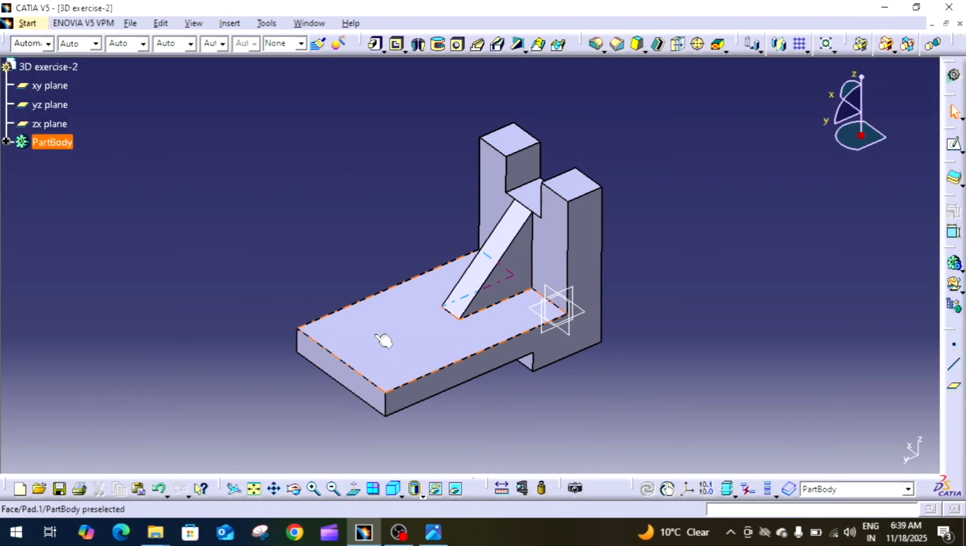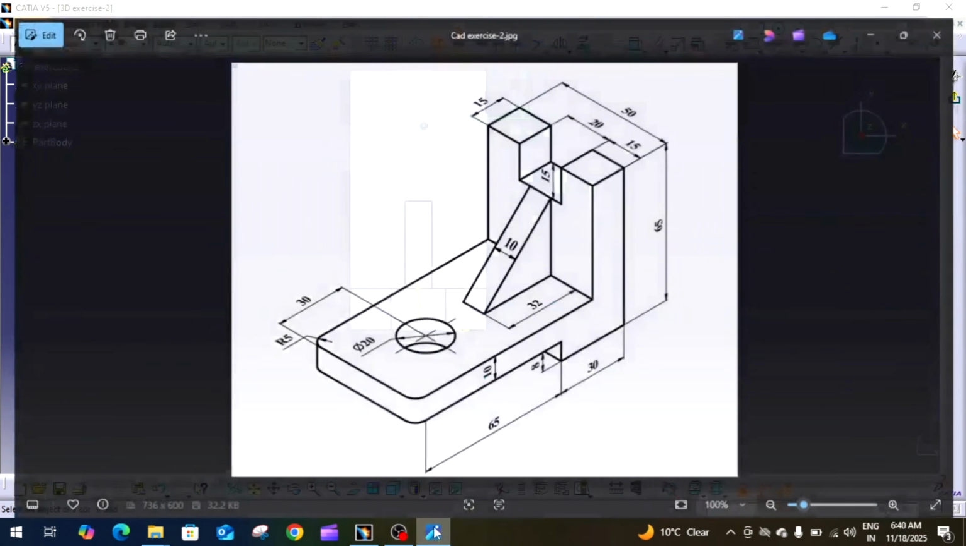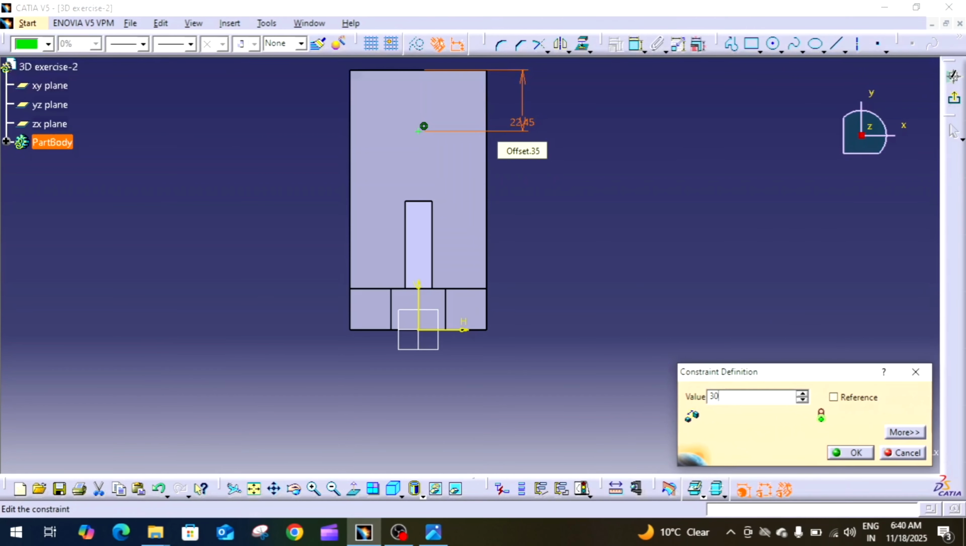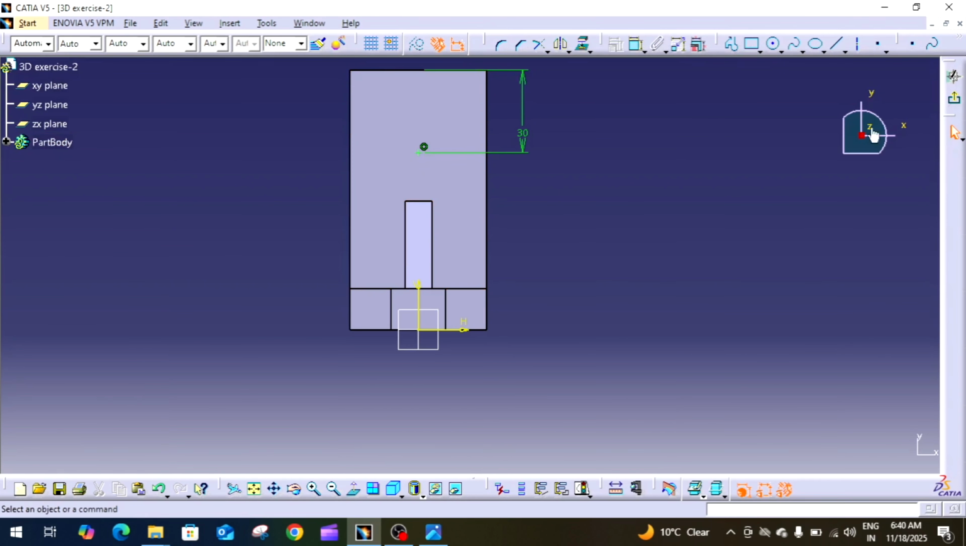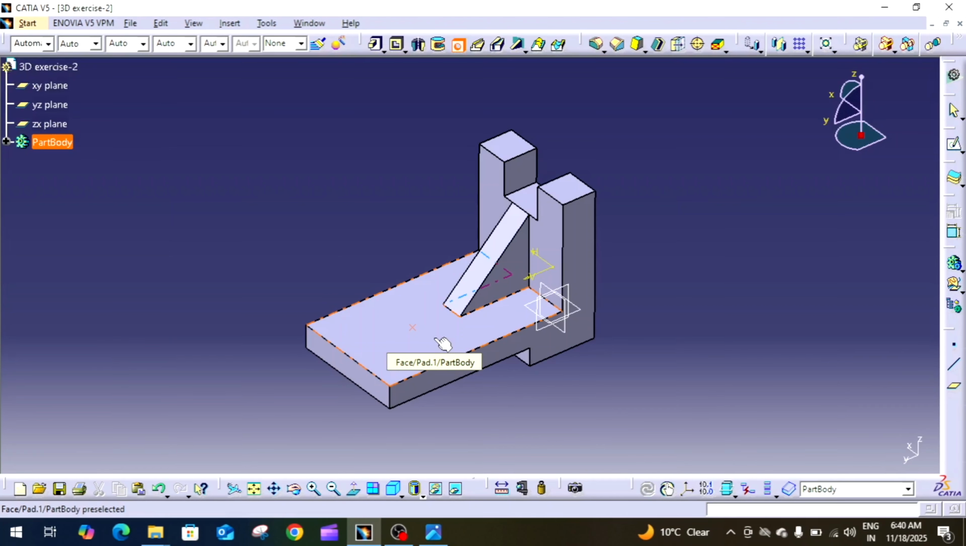For that one, I will click on this face, go to the sketch. My point will be coincident with this line, the vertical axis, and this will be 30 mm apart from this line. Okay, now my sketch is fully constrained. Click on the exit workbench and click on the hole command. Click on the point, click on the face,